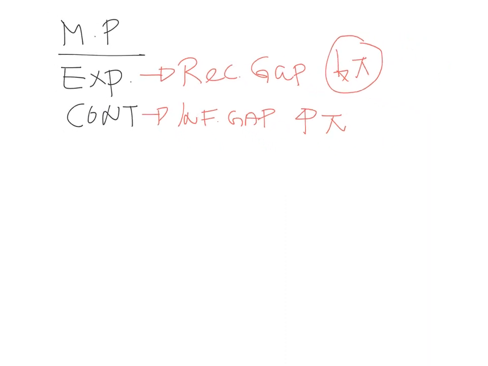So let's look at these two situations, right? We can start off by looking at the expansionary monetary policy. If you remember what we did in the lecture, we look at three different graphs. So let's start with the first situation. You are in a recessionary gap. Okay. So if you're in a recessionary gap,